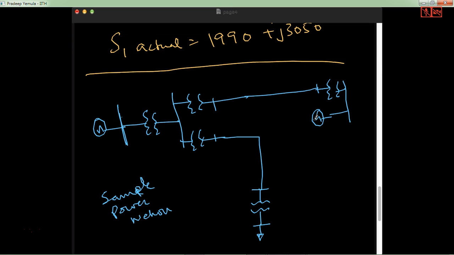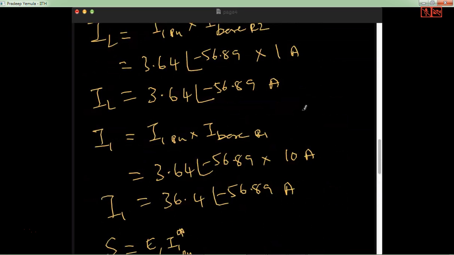In fact, I understand that today we just got introduced to this topic, so it might be a little bit difficult to understand the per unit system right away. We will solve several example problems on the per unit system so that you will get more and more practice on it. But as I always said, whatever you do in this class, go back and try it yourself, work out the example yourself. Now I will wait for some doubts, if anybody has any doubts. So any doubts about this?